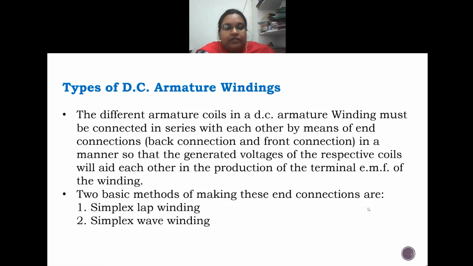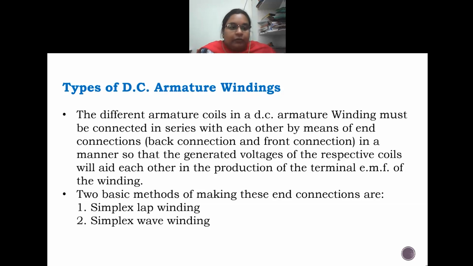The different armature coils in DC armature windings must be connected in series with each other by means of end connections, that is back connection and front connection, in a manner so that the generated voltages of the respective coils will aid each other in the production of the terminal EMF of the winding. So basically we know that there are two types of basic connections, that is the series connection as well as the parallel connection, right? Series connection will help us to increase the EMF,